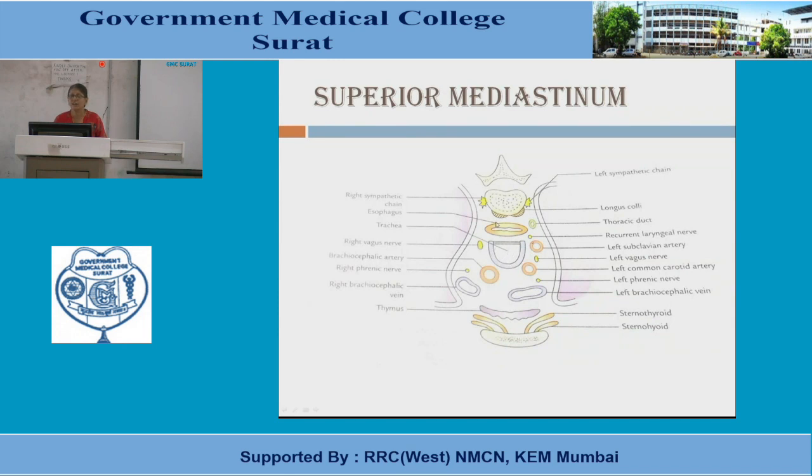This tube is trachea, this tube is esophagus, and these are two sympathetic trunk, right and left sympathetic chain. So these are the structures, and you can see here that lateral boundaries of the superior mediastinum is formed by this mediastinal pleura, जो कि आपको mid sagittal section में ये boundary नहीं दिख रही थी. On each side, what is the boundary of superior mediastinum? So here you can see it is bounded by mediastinal pleura, and this is lung. The mediastinal surface of lung is here. This is manubrium sternum, body of the thoracic vertebra.